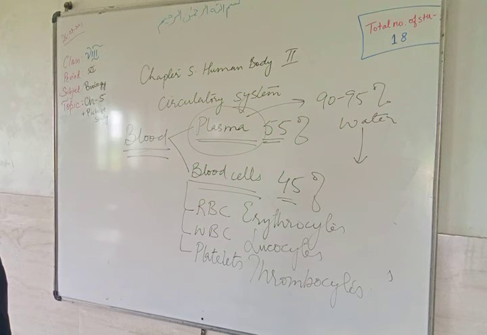Where is the hemoglobin? In the RBC. So when you say that RBC carries oxygen and carbon dioxide, you are actually talking about hemoglobin, because it combines with the hemoglobin only. Understood? Ma'am, if there were no hemoglobin, then the person would no more be alive.